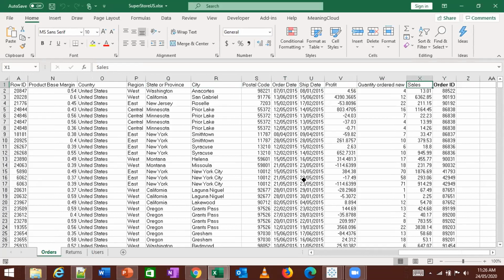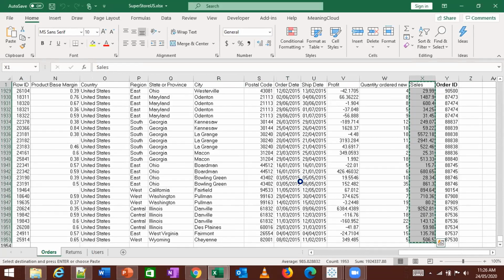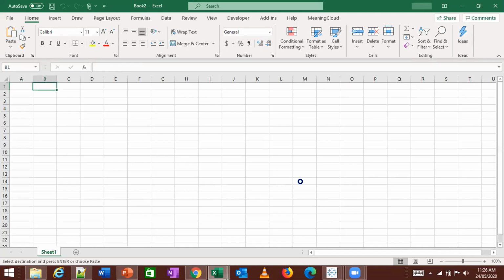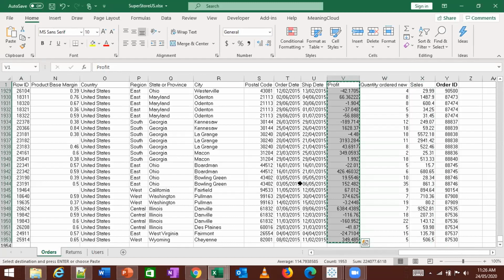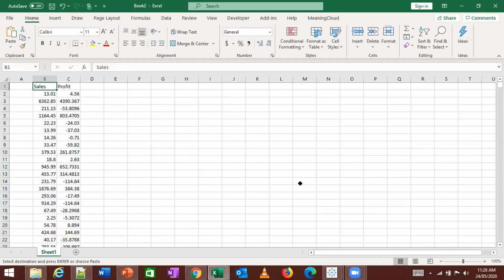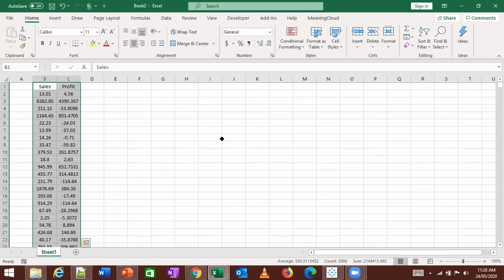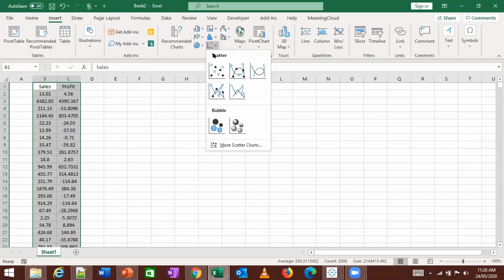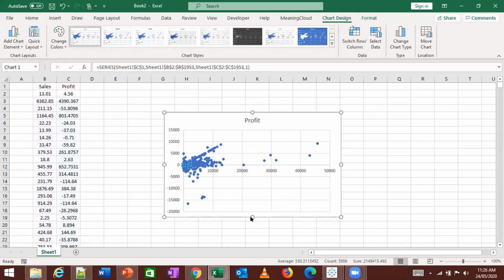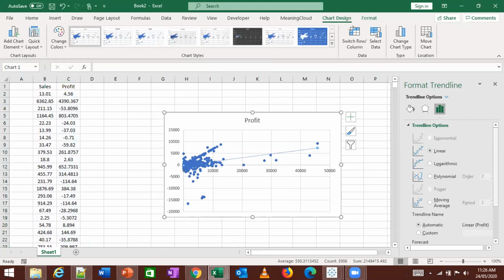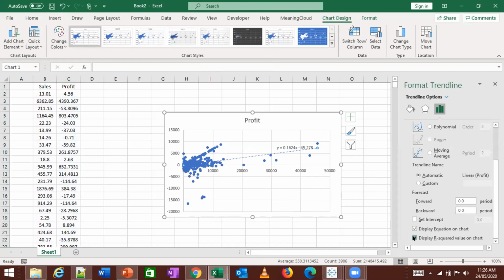Sales, profit. So I'm going to do insert scatter plot. I see the same graph over here, which is there in Tableau. I right click over here, add trend line. So I see this linear line, and here also I can show the equation and show the R square value.